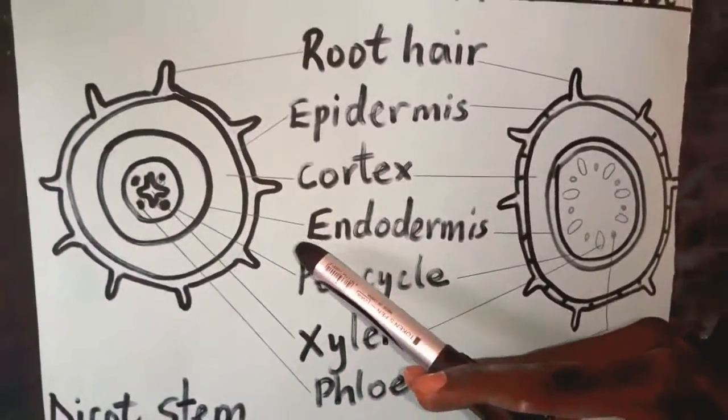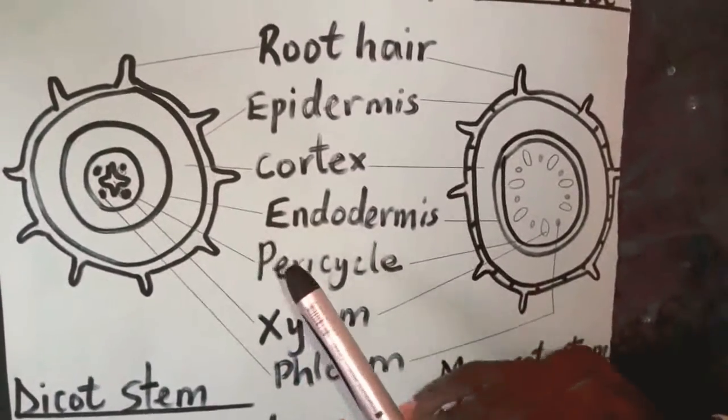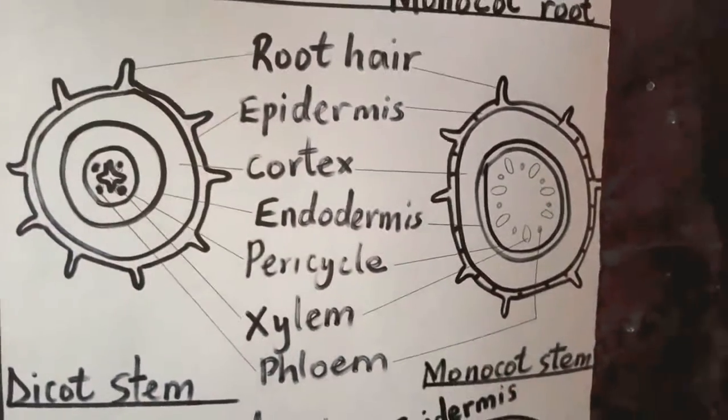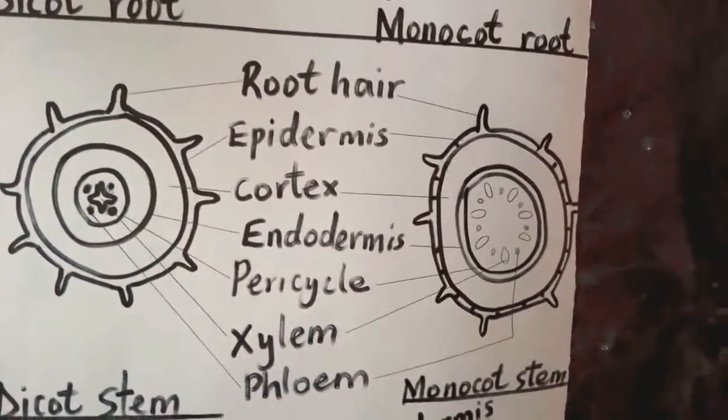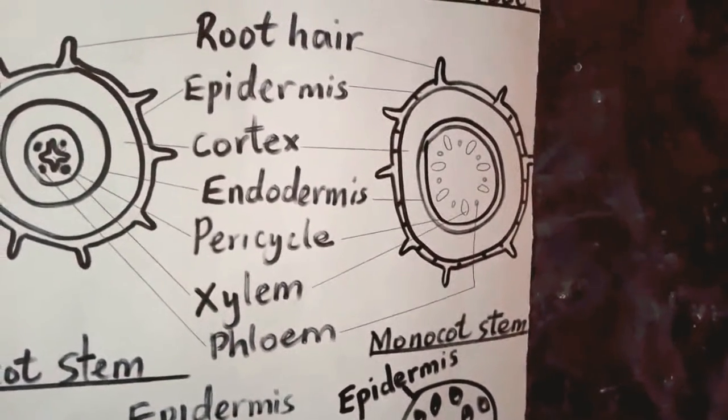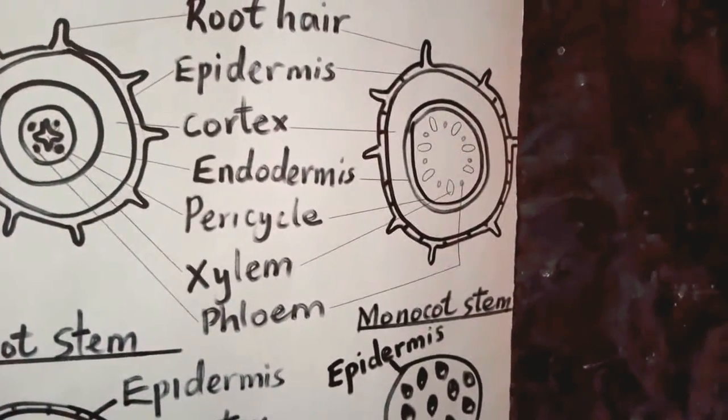While in the case of sclerenchyma tissue, it comprises a compound known as lignin. Therefore, we say that sclerenchyma tissue is lignified, and that also enables it to act as